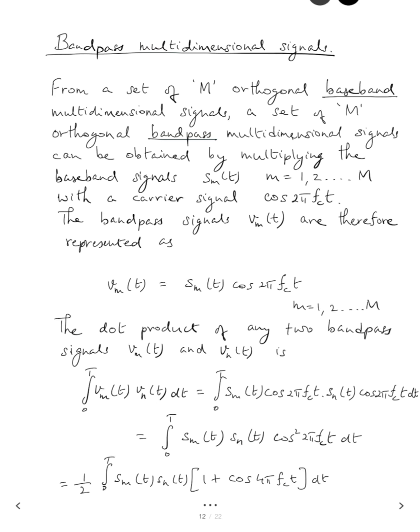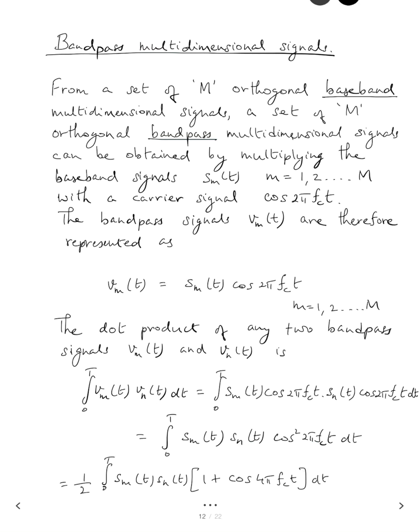orthogonal signals. Why can't we just have m signals in a two-dimensional space rather than having m signals in a multidimensional or m-dimensional space? The reason is that if we have all the signals orthogonal with respect to each other, then the error probability for a given signal to noise ratio becomes smaller as we increase the value of m. So that means we can transmit at a higher rate as well as have lower error probability if we use orthogonal signals. So therefore it makes sense that we develop multidimensional signals which are orthogonal with